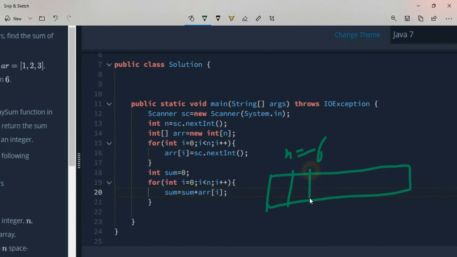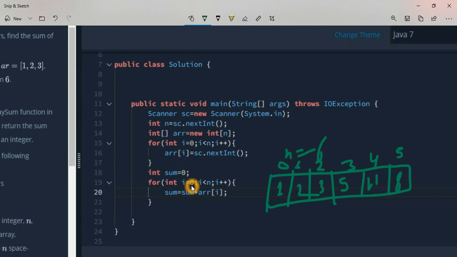Let's take some values like 1, 2, 3, 5, 11 and 8. So now what's happening here? First of all, let me show the indexes also: 0, 1, 2, 3, 4 and 5.